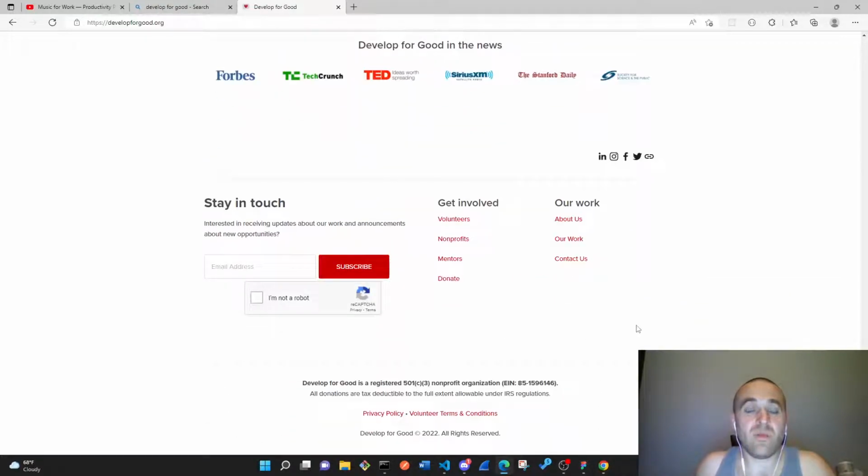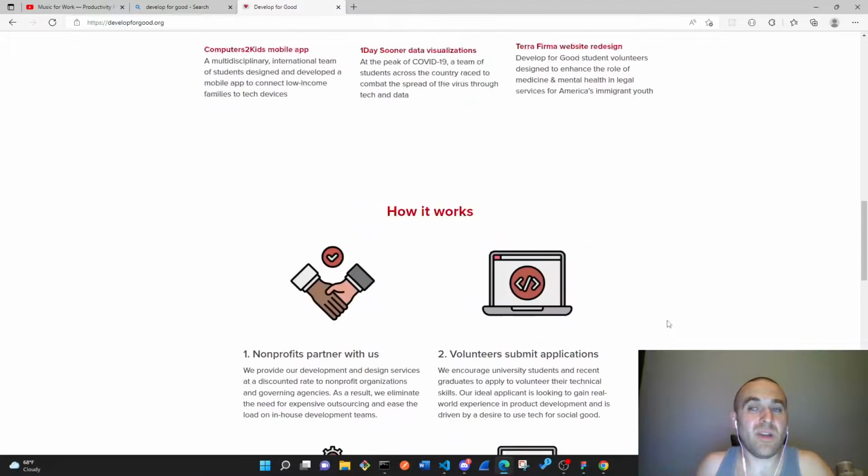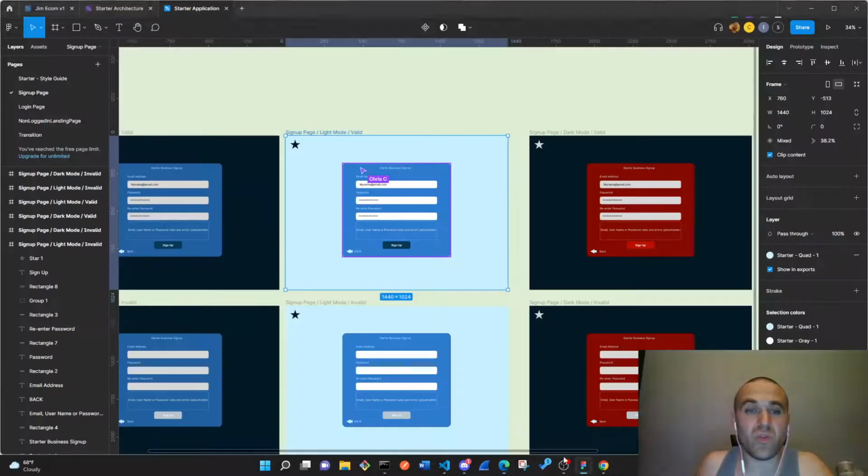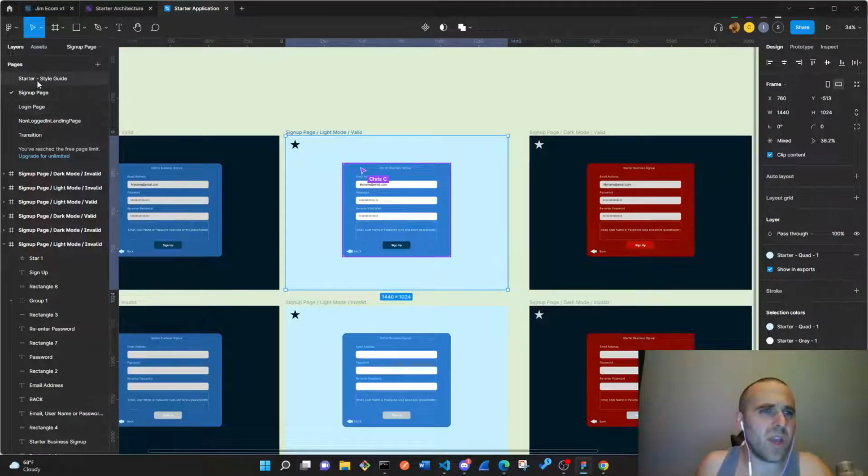So we don't really have any nonprofits right now. I'll look for some nonprofits eventually, and hopefully we could build a user interface that is appealing to nonprofits that want to create projects and that sort of thing. But right now, it's really just a concept. If you look at the wireframe, we have